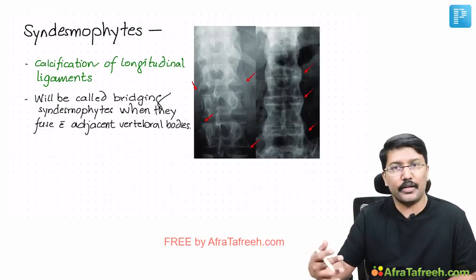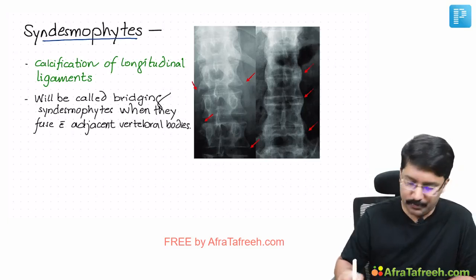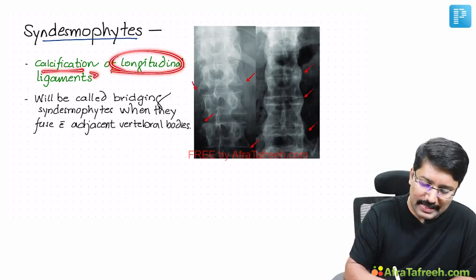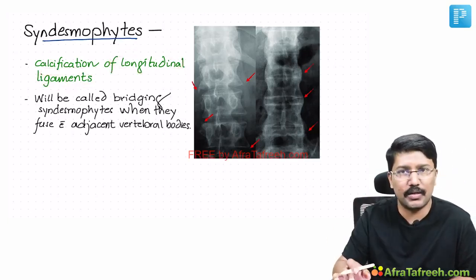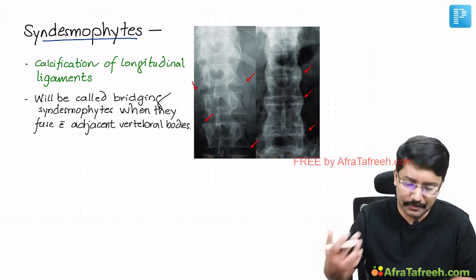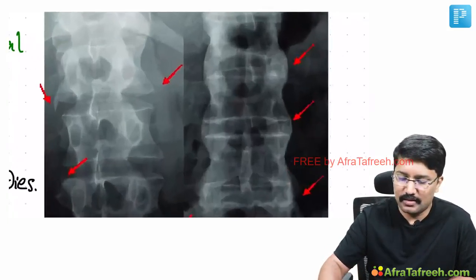Then the third radiological finding we can anticipate is syndesmophytes. What are syndesmophytes? These are calcifications of longitudinal ligaments. There are ligaments running longitudinally, and if they are calcified, then we call them syndesmophytes. And if such a calcification process fuses with adjacent vertebral bodies, you can see in this image,